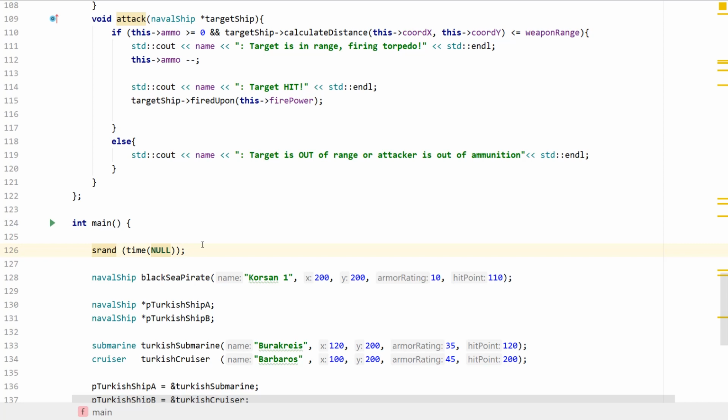If you don't give it a seed, then it's just going to replicate the same result all the time you run the code. If you do not set the seed of the random number generator, you have to set it to a different value every single time. A very simple way of doing it is just getting the time and giving it to the srand function, so that